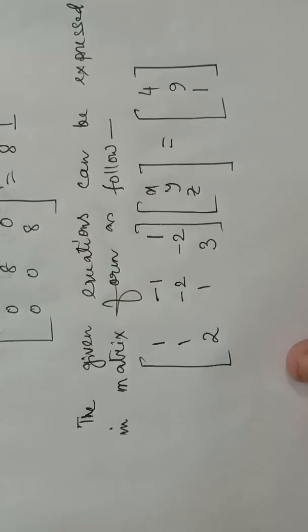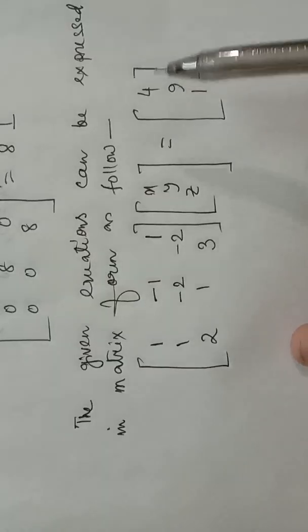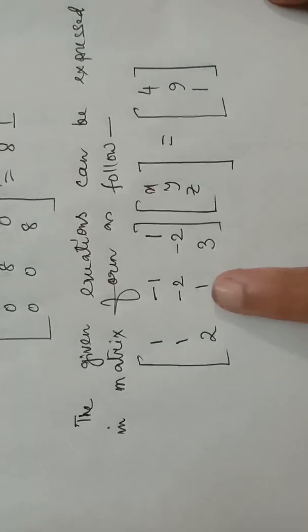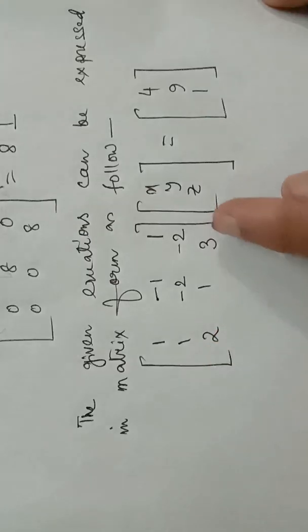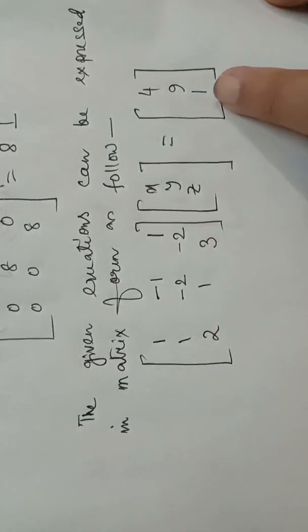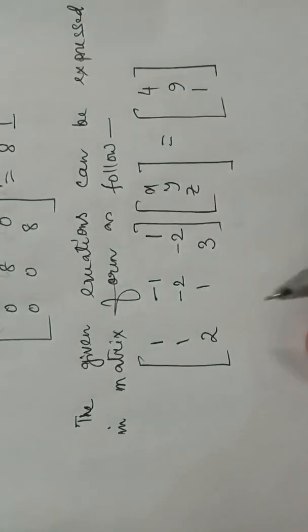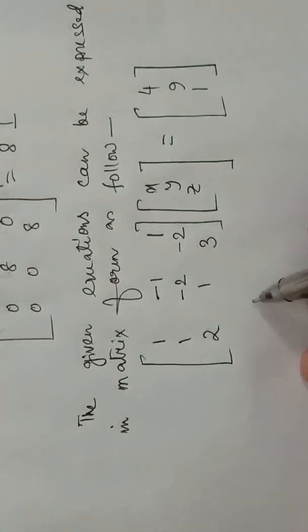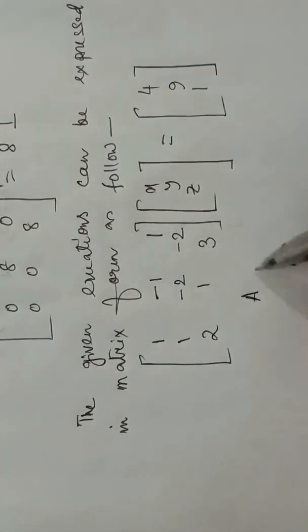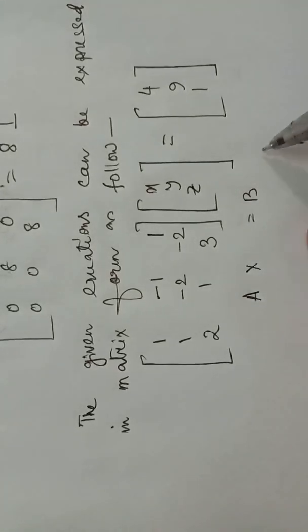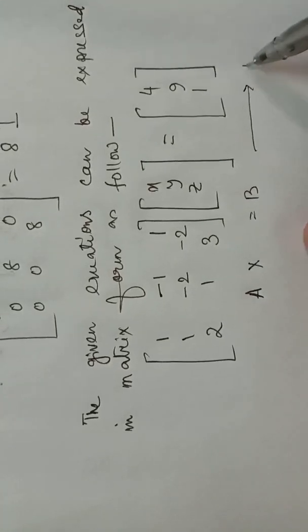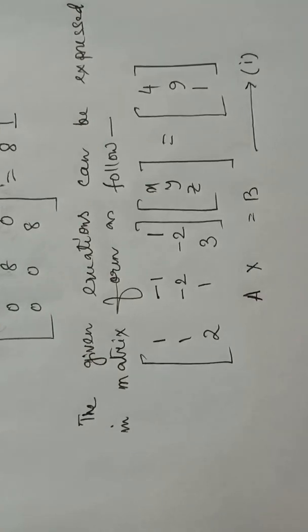If we write the given equations in matrix form, we get the product of these two matrices equal to this. This is our coefficient matrix, this is our variables, and this is the right hand side of the equations. Let us consider this matrix as A. So this is our A, this is our X, and this is our B. A into X equal to B. Now here we need not find the adjoint of A, etc. Here we have to use the product of the given matrices.